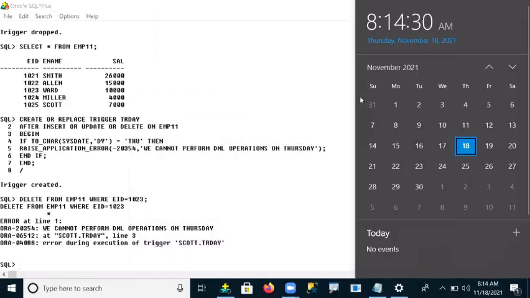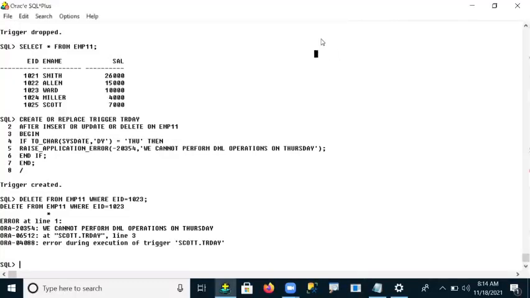Let me come out, guys. Now my computer, that means my system, is showing the date November 18 as the present date. But November 18 is also a Thursday. Is November 18 a future tense or already completed? Is it past tense, present tense or future tense, whatever the day is showing in my computer?